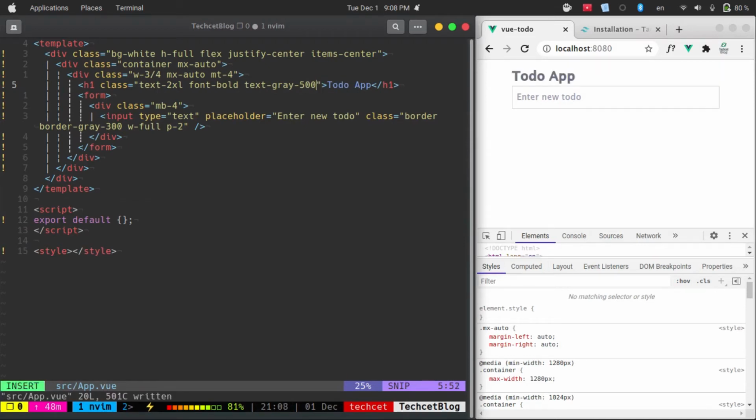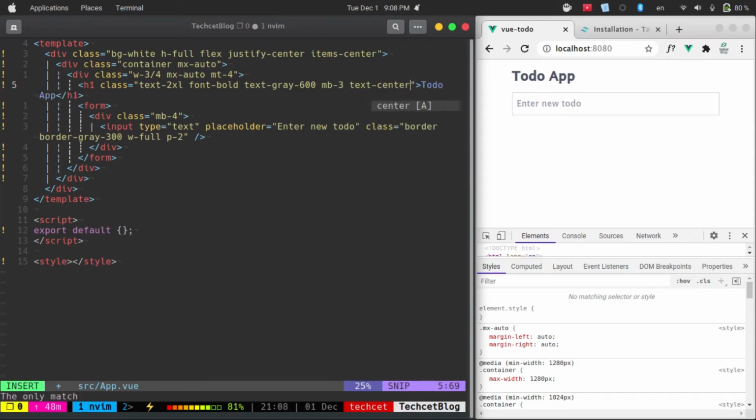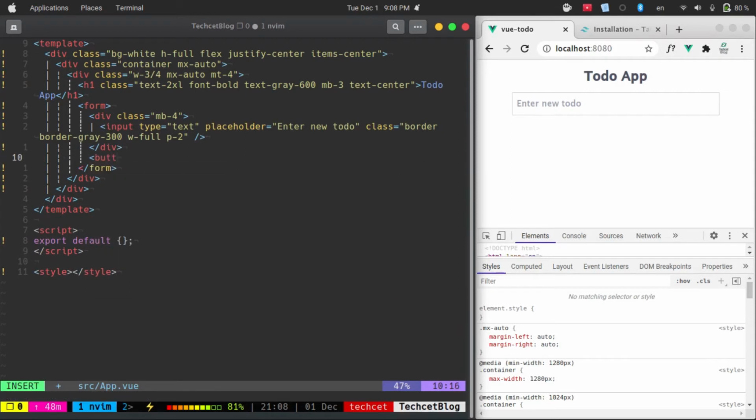Okay, now we can use 600, and then margin bottom 3 and text-center, and after that we need a button, so button type submit,